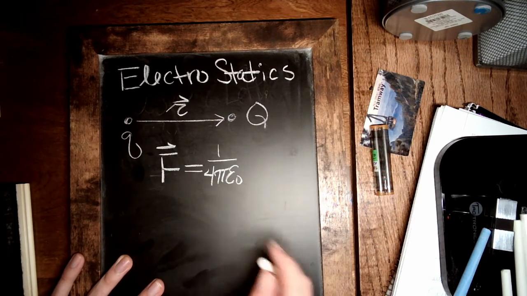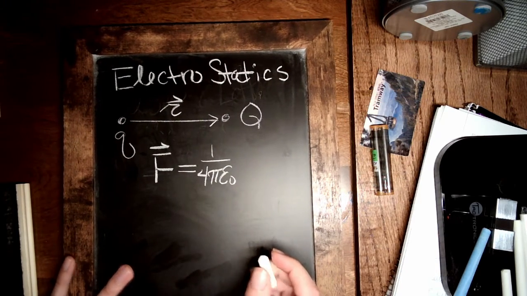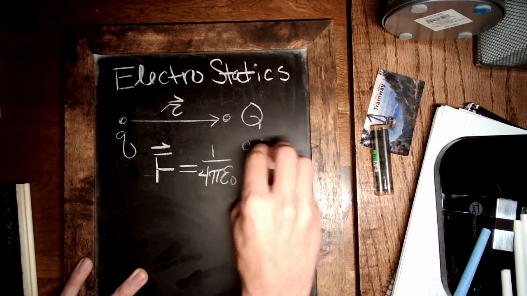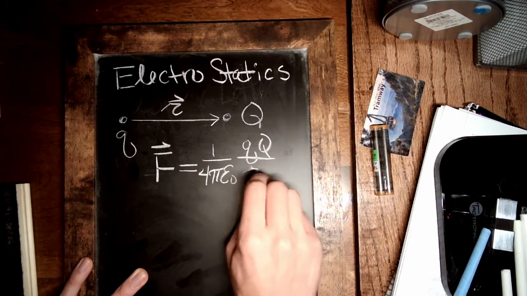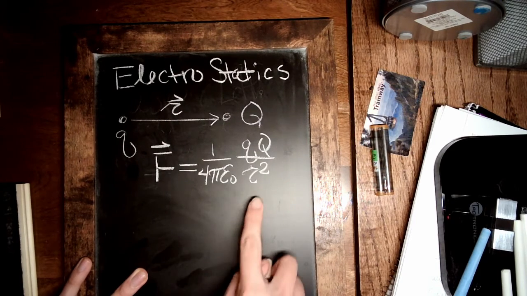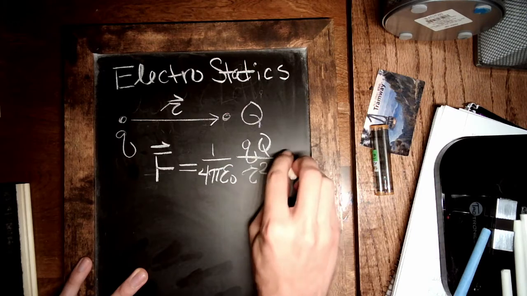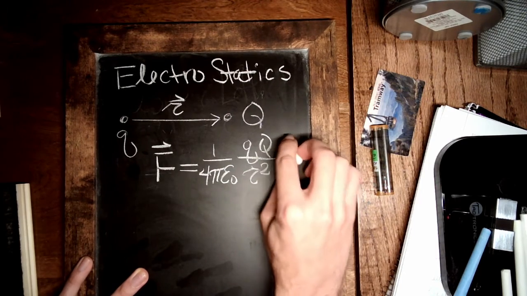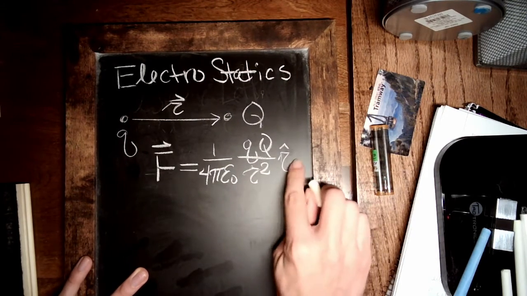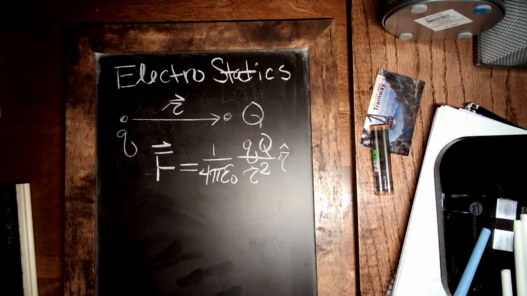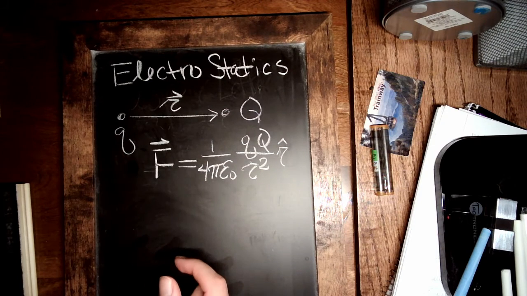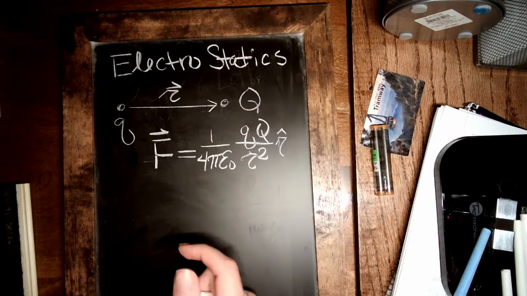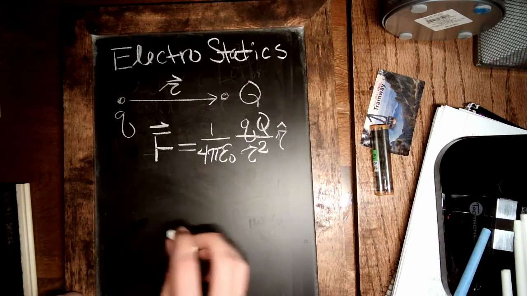So here we have just some constants, then the product of the two charges divided by the magnitude of that radius squared, multiplied by a unit vector in that direction. That's very good. As you may have noticed, this is a very special and curved R. But with this empirical definition of a force,